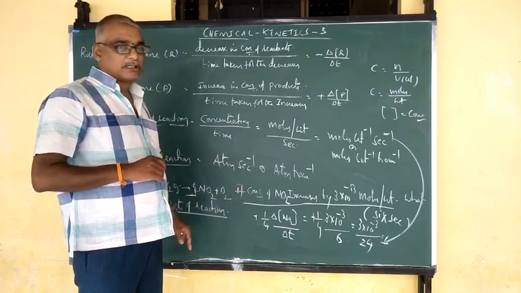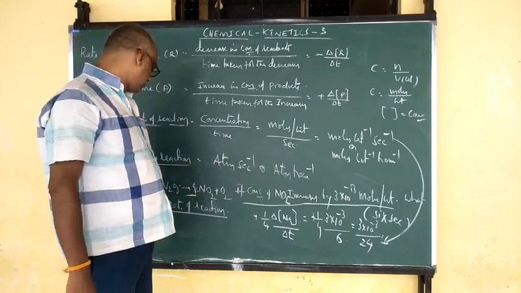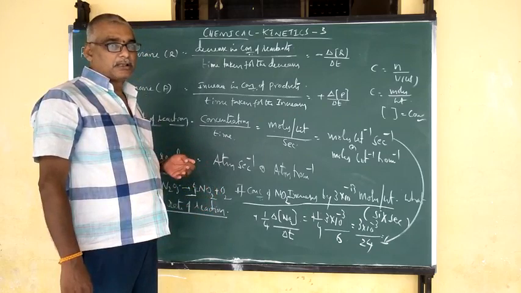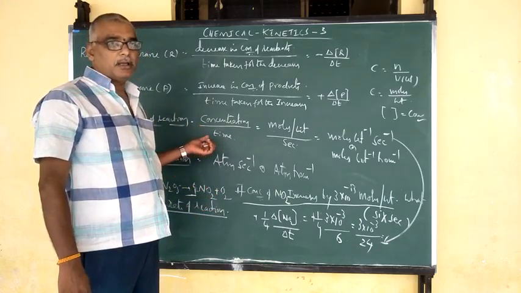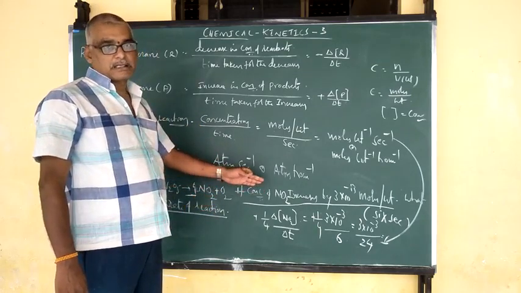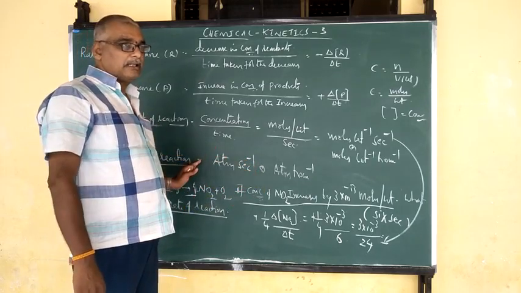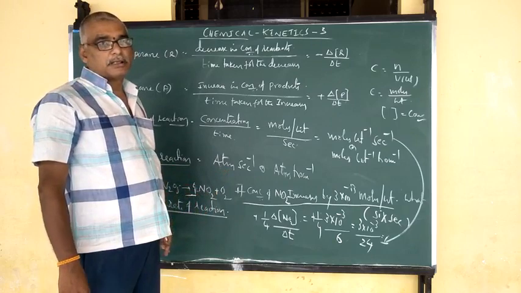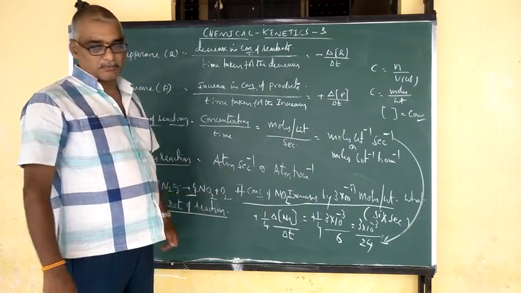Therefore, this is one example of rate of reactions and units. Next, how to calculate the rate of reaction using the following equation. In this equation, one is the given concentration and the second is the time given. So you have to write the appearance and disappearance, then calculate the rate of reaction. So that is the next one.